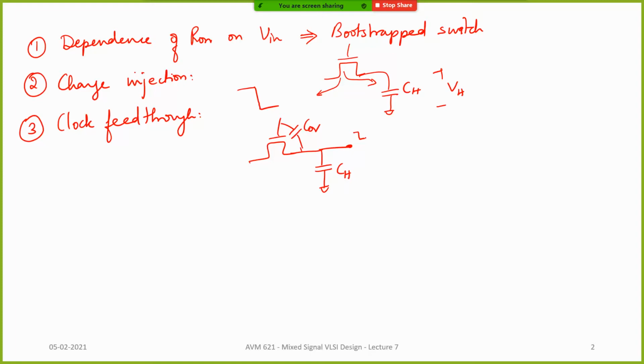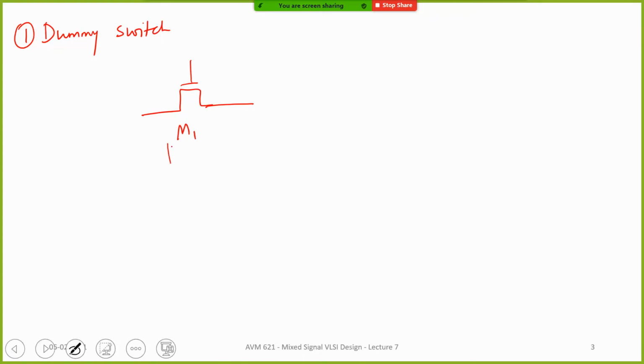Okay. Each technique will have its own merits and demerits, and when you are designing a circuit, you have to choose one which is basically going to be the best that will work out for you. Okay. Right. Now, in order to avoid the charge injection problem, there is one technique of using dummy switches or using a dummy switch. So the concept works something like this, right? This is your main switch, let's call it M1. For example, this can even be a gate boosted switch, whatever it is, let's just call it M1. And let's say this is operating on a phase phi.